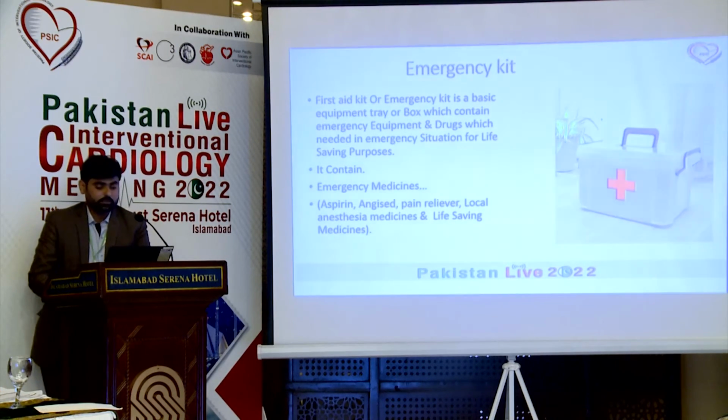First aid kit or emergency kit is a basic equipment tray or box which contains all emergency equipment and drugs needed in emergency situations for life-saving purposes. Emergency kit को हम जब पेशेंट की शिफ्टिंग कर रहे होते हैं या एक यूनिट से दूसरे यूनिट के अंदर शिफ्ट कर रहे होते हैं, तब हम इसको पेशेंट के साथ शिफ्ट कर रहे होते हैं। हम NICVD में हमारे चेस्ट पेन यूनिट से जब पेशेंट हम NICVD हॉस्पिटल मूव कर रहे होते हैं, तो emergency kit के साथ पेशेंट